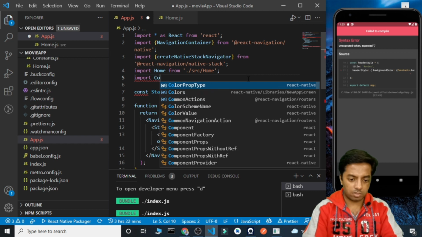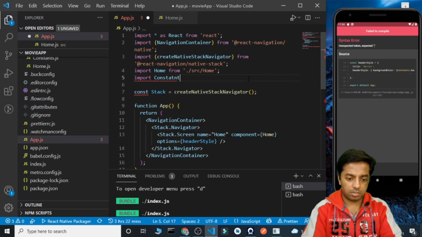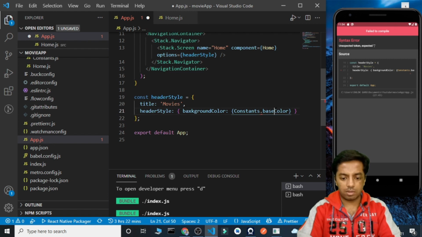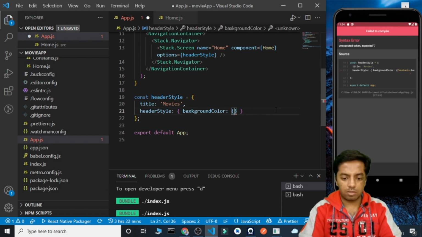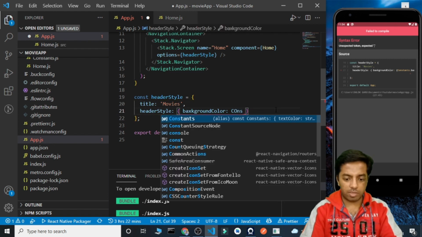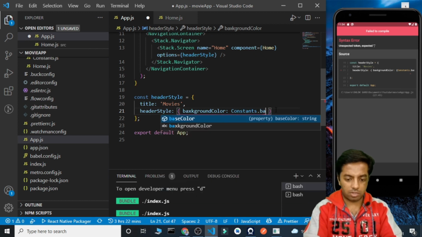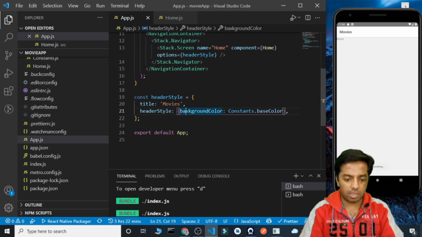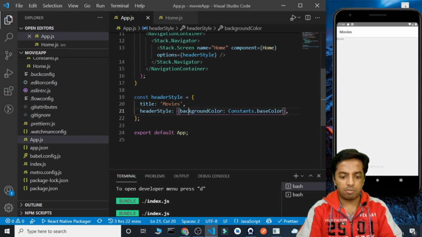So import constants from src/constants. Now here the base color will be constants dot base color. Okay. It's not BAX, it's BAC, background color.